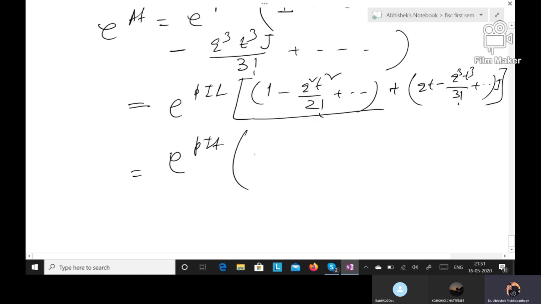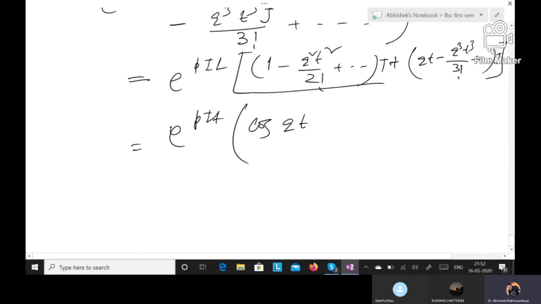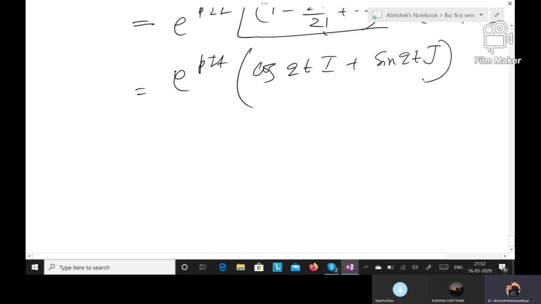So that means it is e to the power pt. Now this expression is the cos function of qt. This is I, sorry. So cos qt I plus sin qt J. Yeah. So this proves the